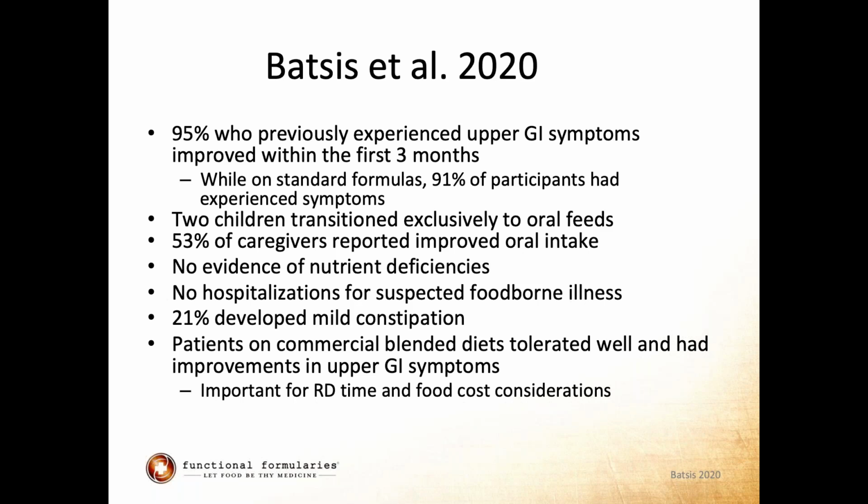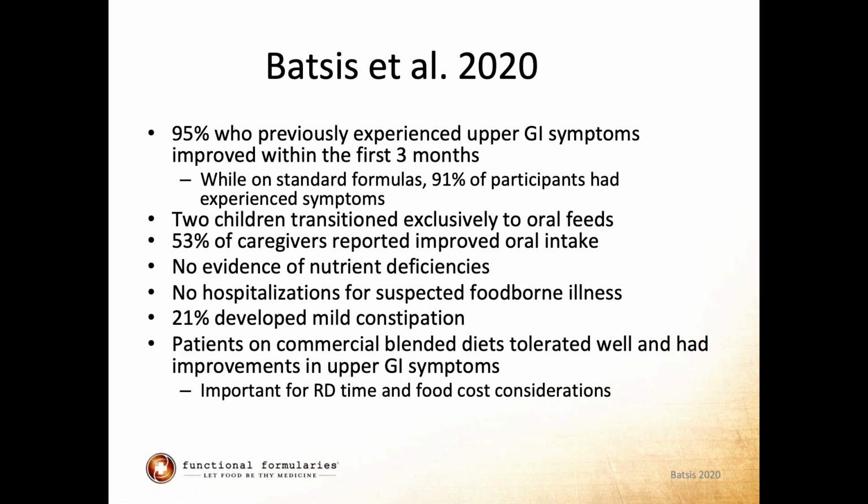2 of the children were transitioned exclusively over to oral feeds, and 53% of the caregivers reported that there was improved PO intake as well. No patients within the study had any evidence for nutrition deficiencies, and none were hospitalized for suspected foodborne infections while on a blenderized diet. 21% of the population within the study developed mild constipation, but that was resolved by increasing free water intake or with use of polyethylene glycol. And the patients on the commercial blended diets reported, again, that they were well tolerated and they had improvement in